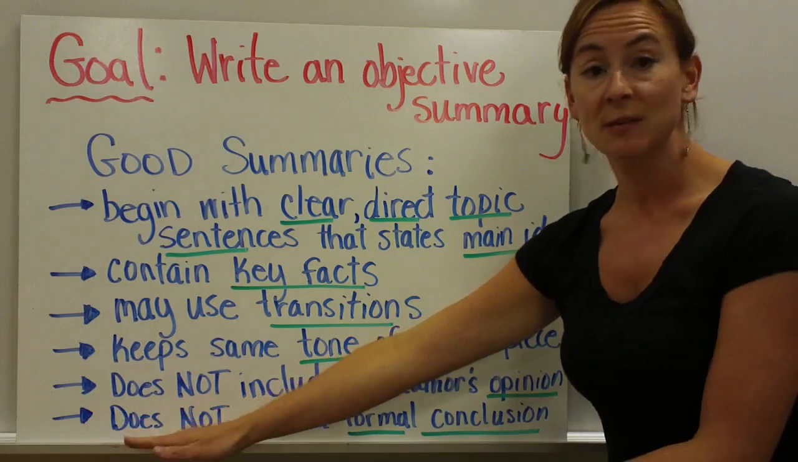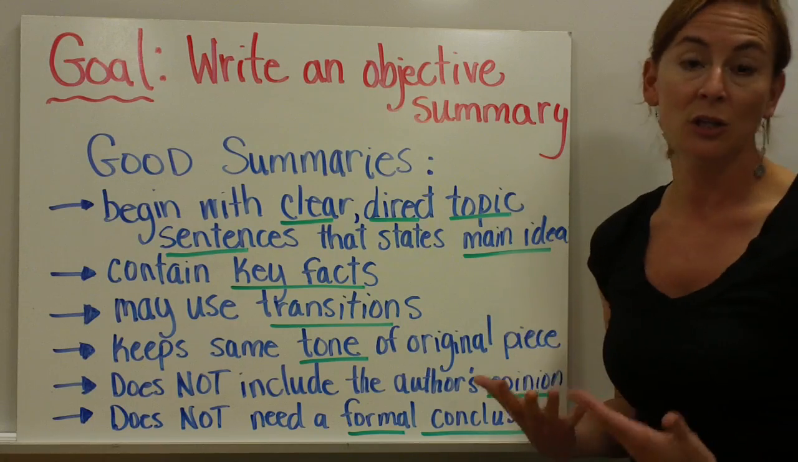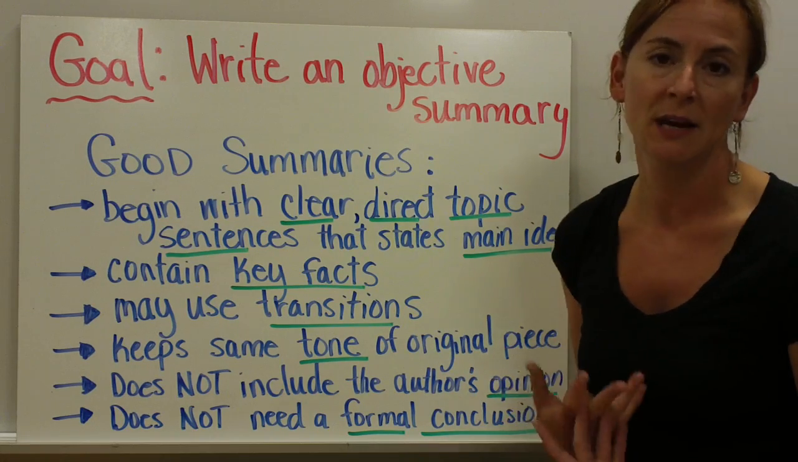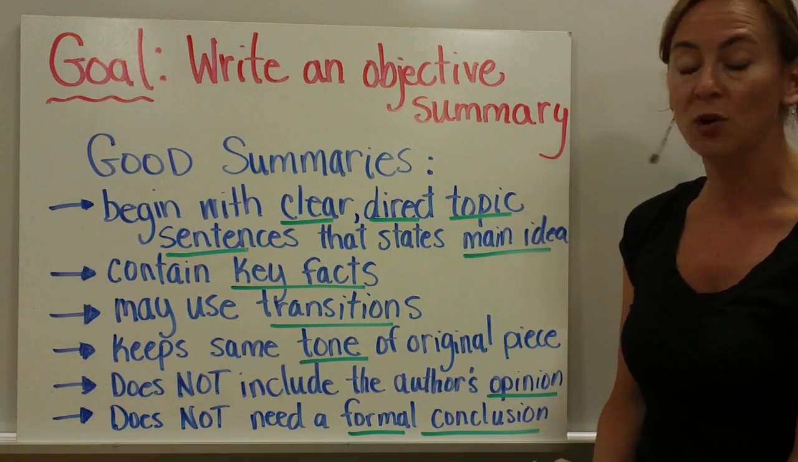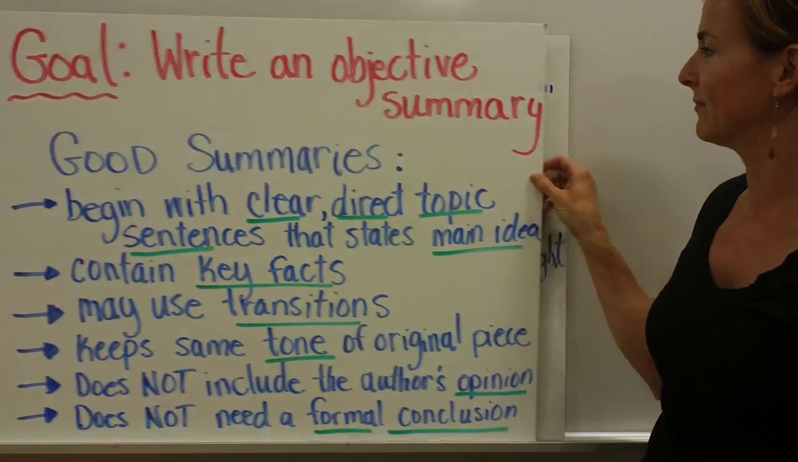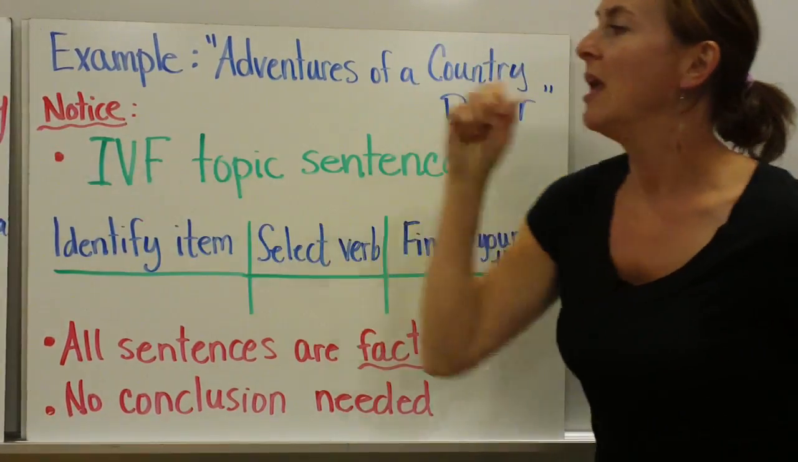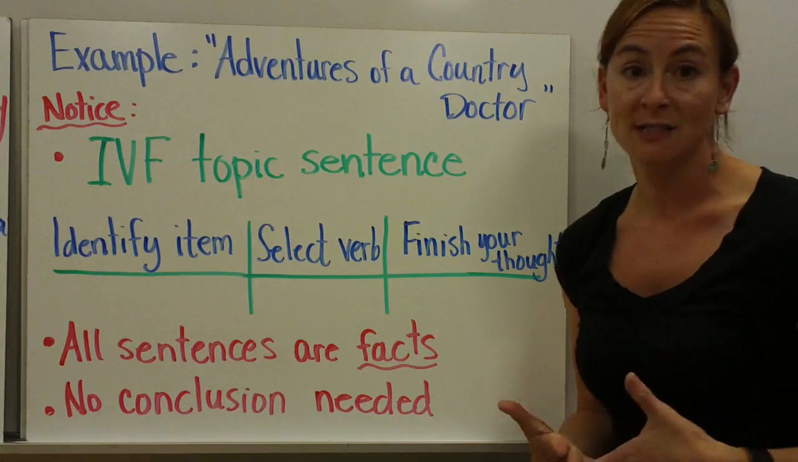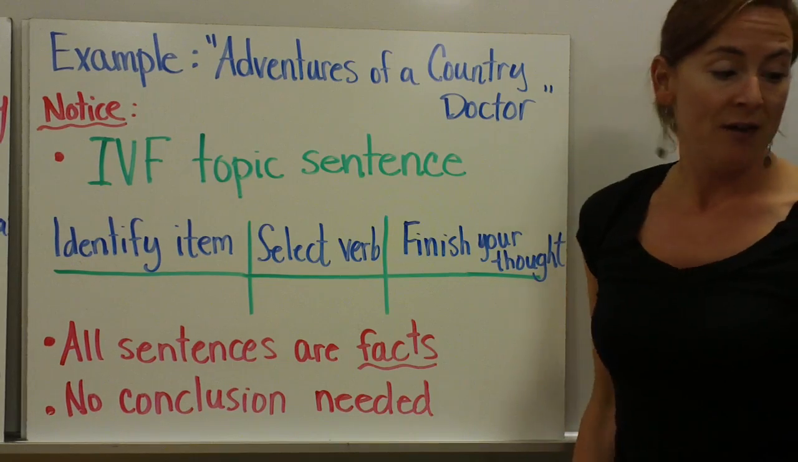And last, good summaries do not need a formal conclusion. Conclusions are usually the author's opinion anyway, so in an objective summary, a formal conclusion is not needed. We are going to learn a 4-step process for writing an objective summary. You have a packet